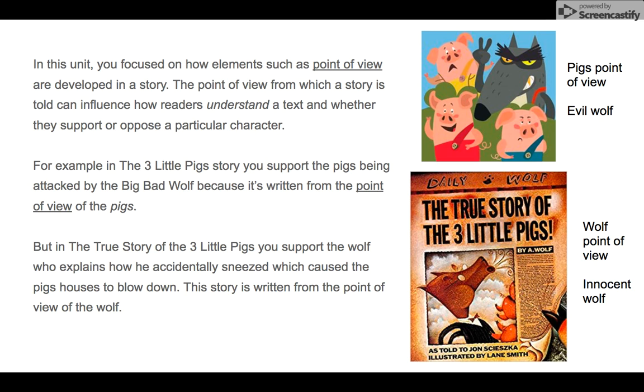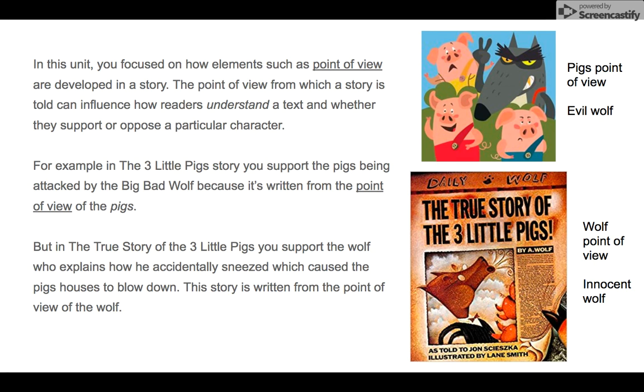Well, that same story is rewritten, but from the point of view of the wolf. And you can buy this book. It's called The True Story of the Three Little Pigs. In that story, since it's written from the point of view of the wolf, you end up supporting the wolf because he's explaining how he accidentally sneezed, which caused the pigs' houses to blow down.